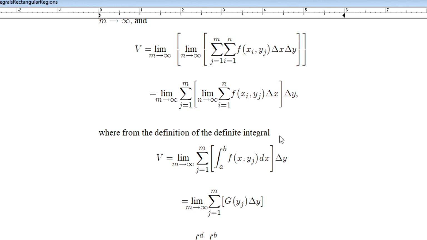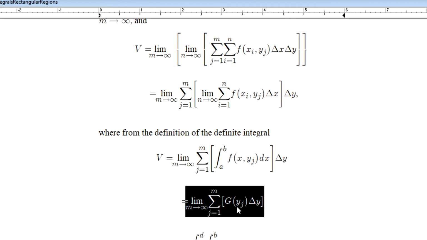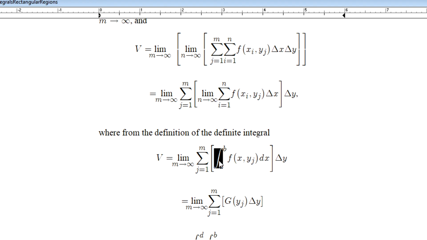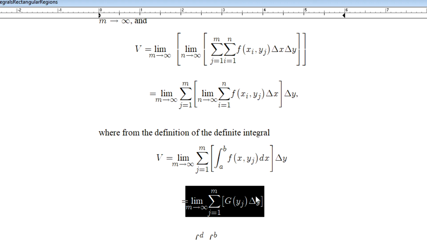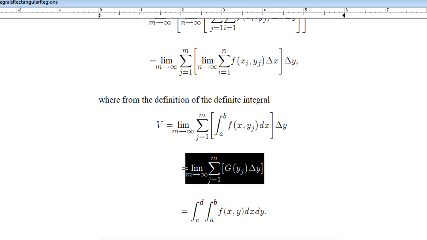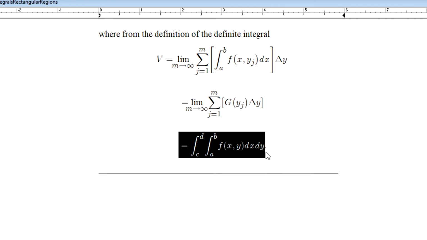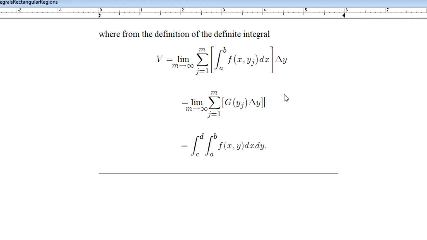So I bring that into the summation and consider this as our calculation, where from the definition of the definite integral, this limit of the Riemann summation for this function big G of y sub j times delta y can translate itself into this calculation here, where we might say this is going to be equal to